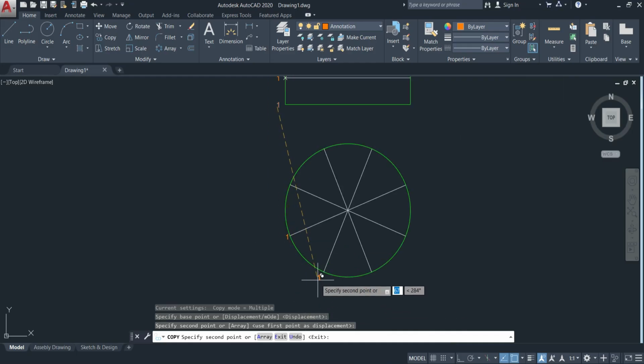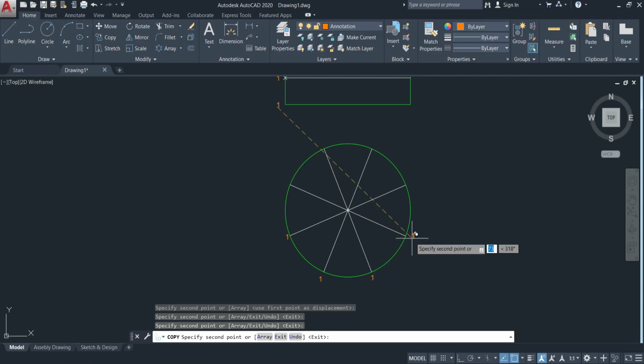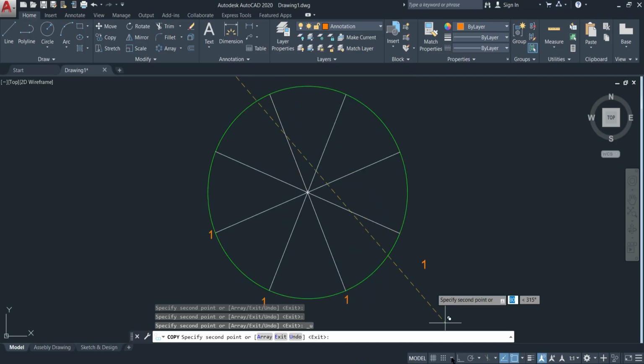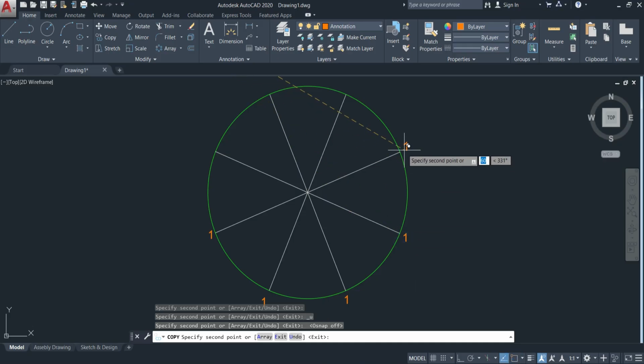Then we have 2, 3, 4. Oops. Let me turn off OSNAP there because it's snapping. And I'll go through and number all these points that I have here. Alright, this one here,